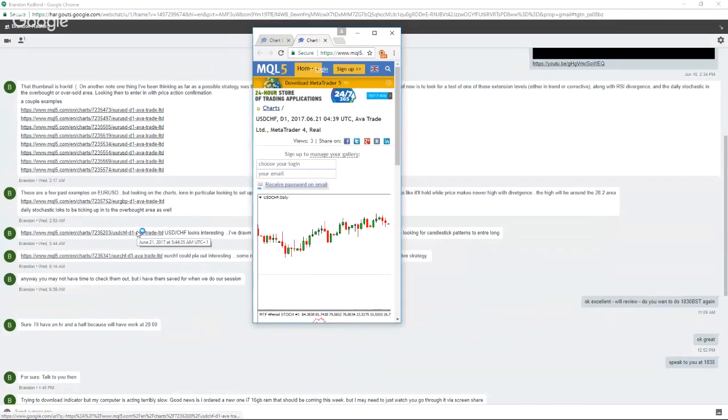It was like a bearish bar. USD Swiss, okay. I don't know if that would be considered a pin bar if the tail is long enough, but